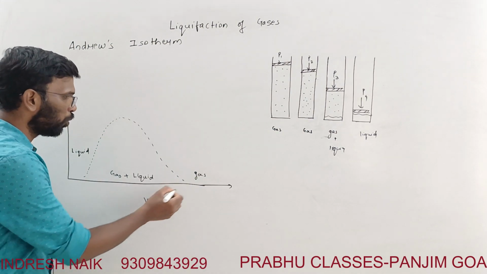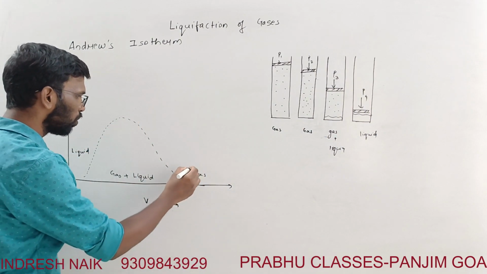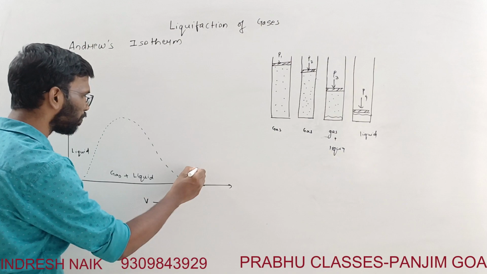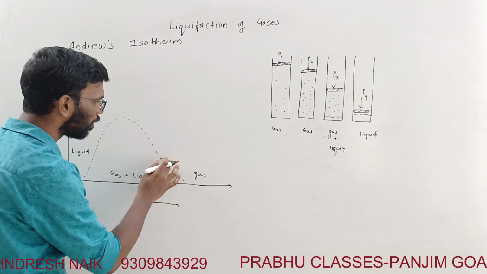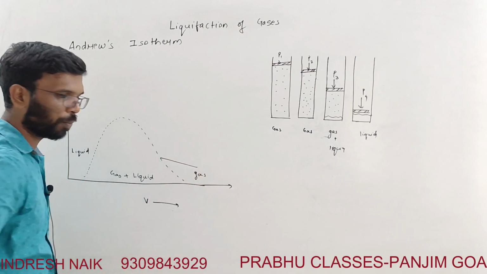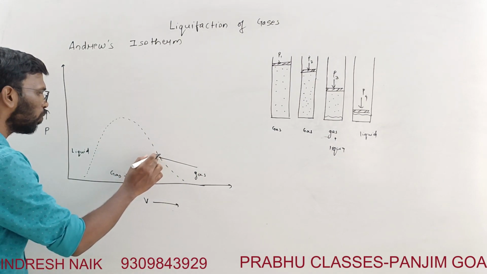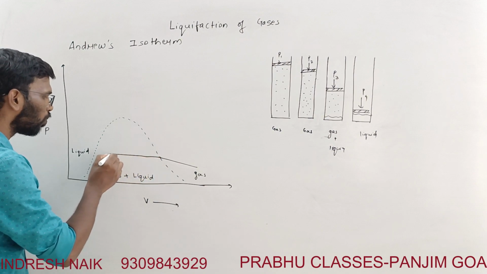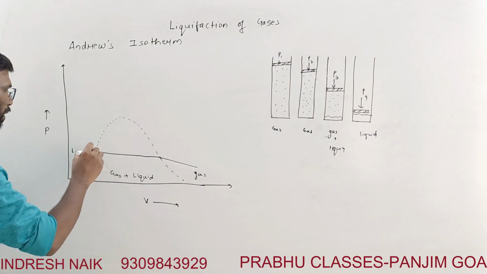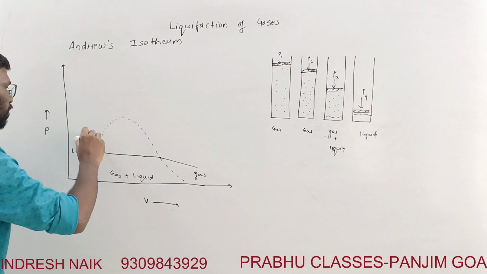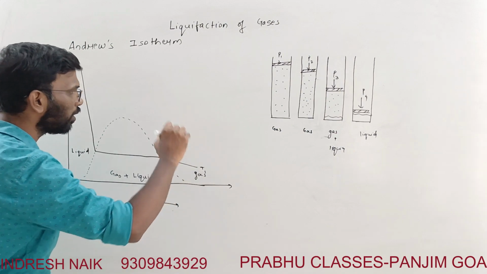So you decrease the volume. You see, from here I am decreasing the volume, meaning I am increasing the pressure. So let's say this is a point, from here to here I am decreasing the volume. If I decrease the volume, what will happen? Pressure is going to increase. You still decrease the volume, what will be the thing? That there will be some gas and liquid existing. And this is what the graph is. Let's say this is at temperature T1.